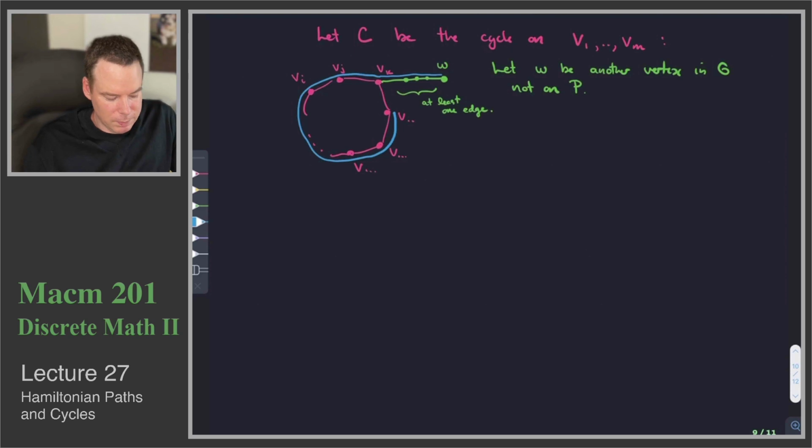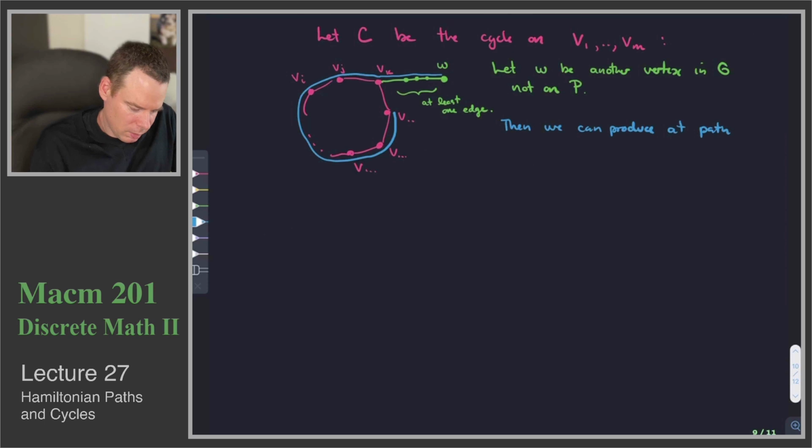And I'm going to stop here. Why have I stopped there? Well, because now I've produced a path that is longer than the maximal path that I started with. So then we can produce a path, and I'll call that path Q in this case, which I've drawn in here,